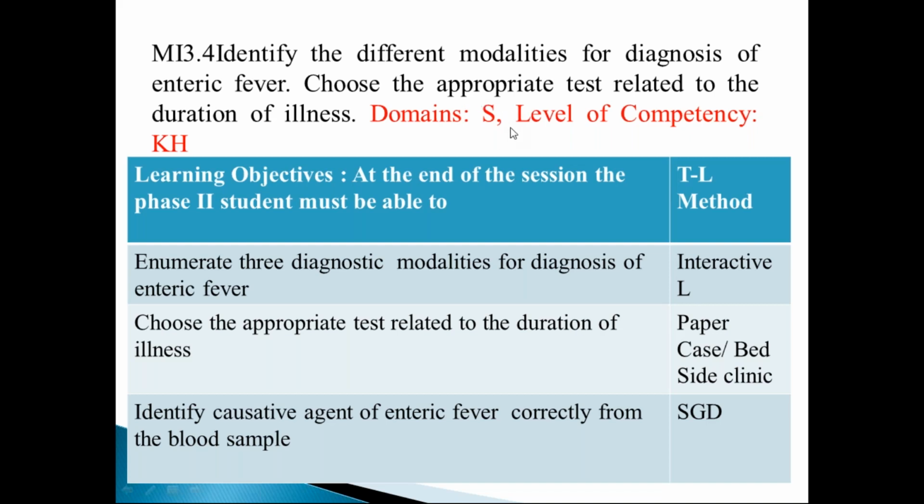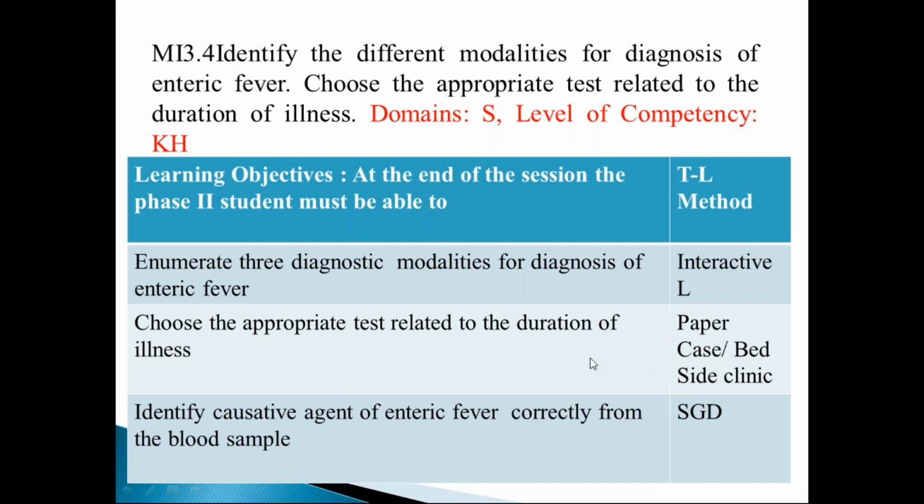So what intellectual skill means, if he has the background knowledge of the enteric fever or Salmonella typhi, when it can be detected in the blood, when the antibodies will appear at a detectable level, then only he can choose the appropriate test related to the duration of the illness. So in this we will enumerate three diagnostic modalities for diagnosis of enteric fever to cover the knowledge level. Then another objective will be choose the appropriate test related to duration of the illness, that can be covered under the paper case in the lecture, or we can show the real case on the bedside